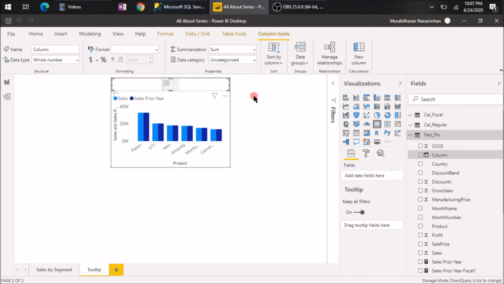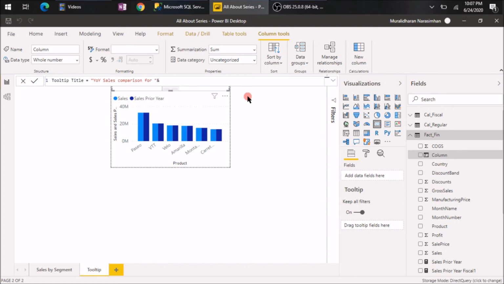We'll call it tooltip title, and it is going to be year on year sales comparison